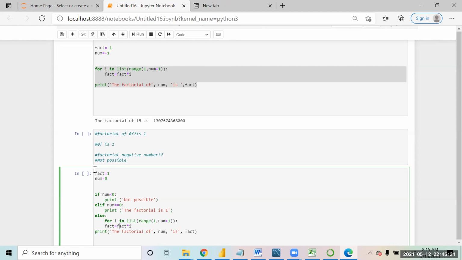Then you say else, and then you say for. You changed something over here, right? So this is where the indentation has gone wrong. It has to be over here. That's it. Got it?